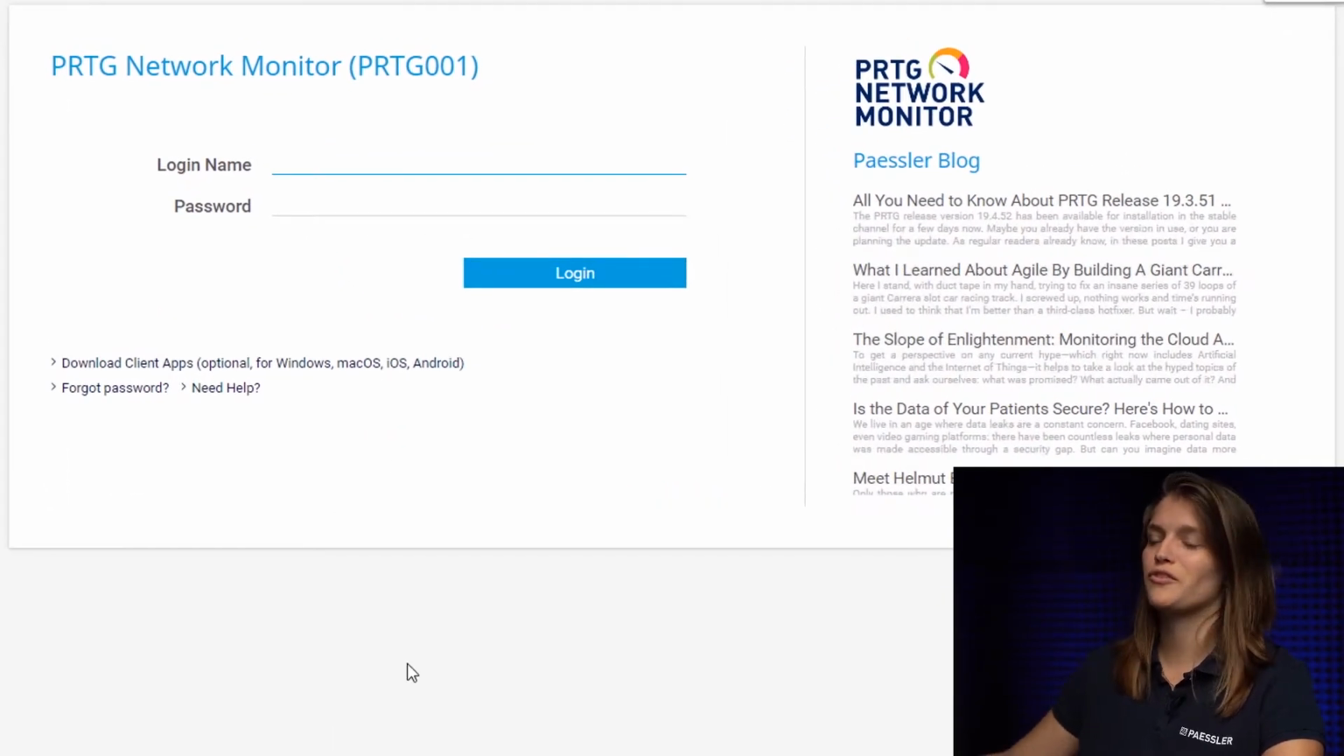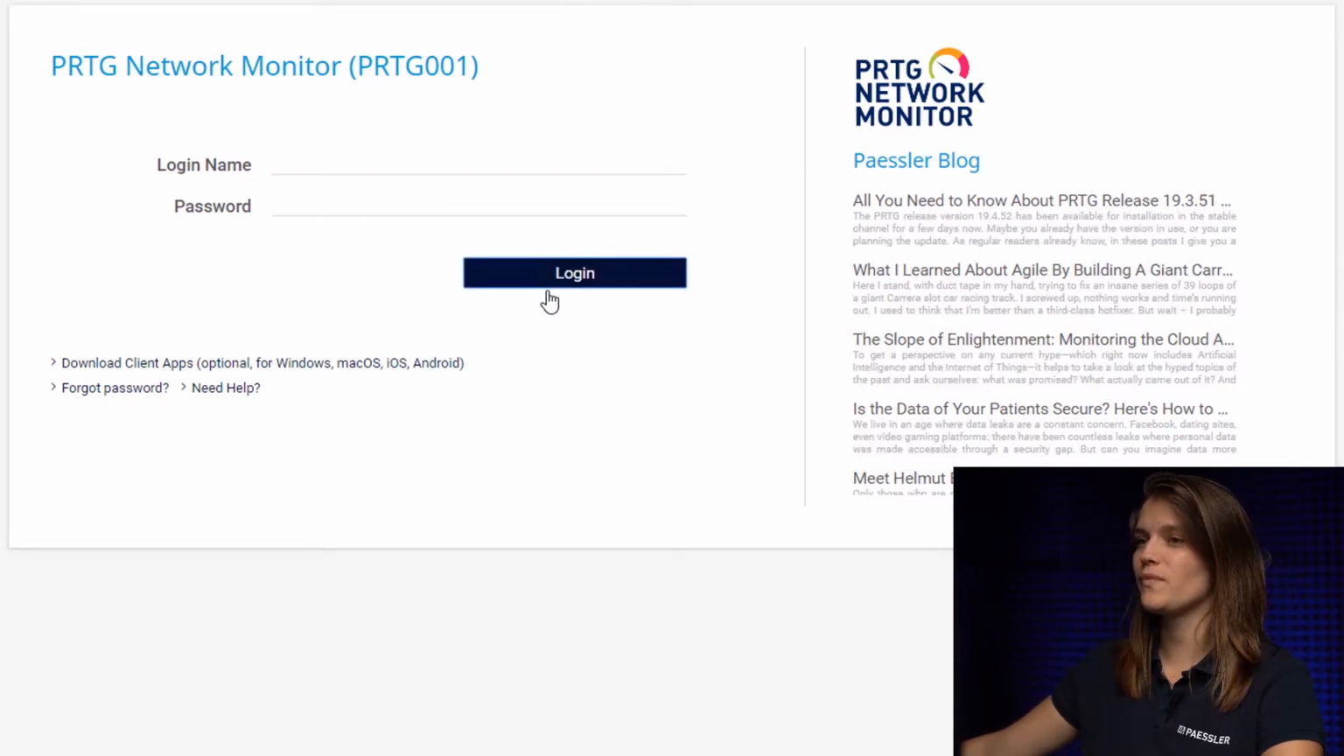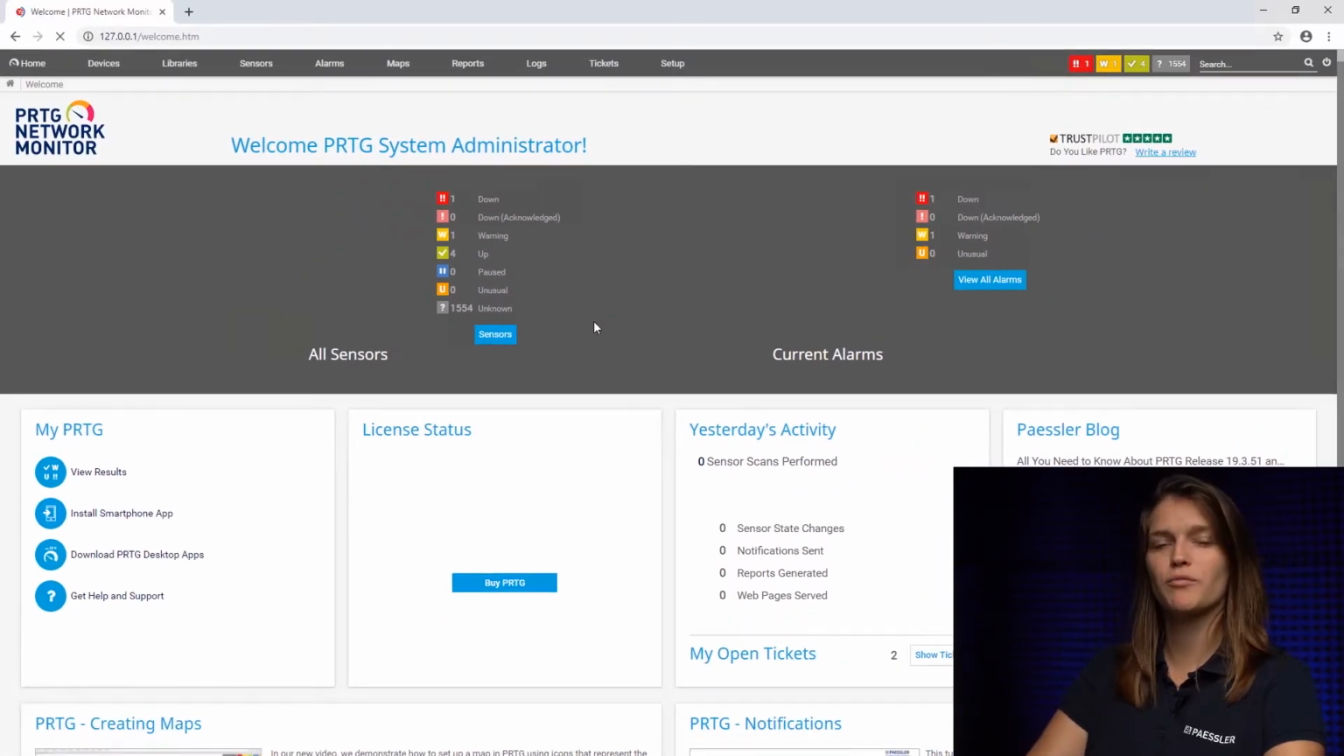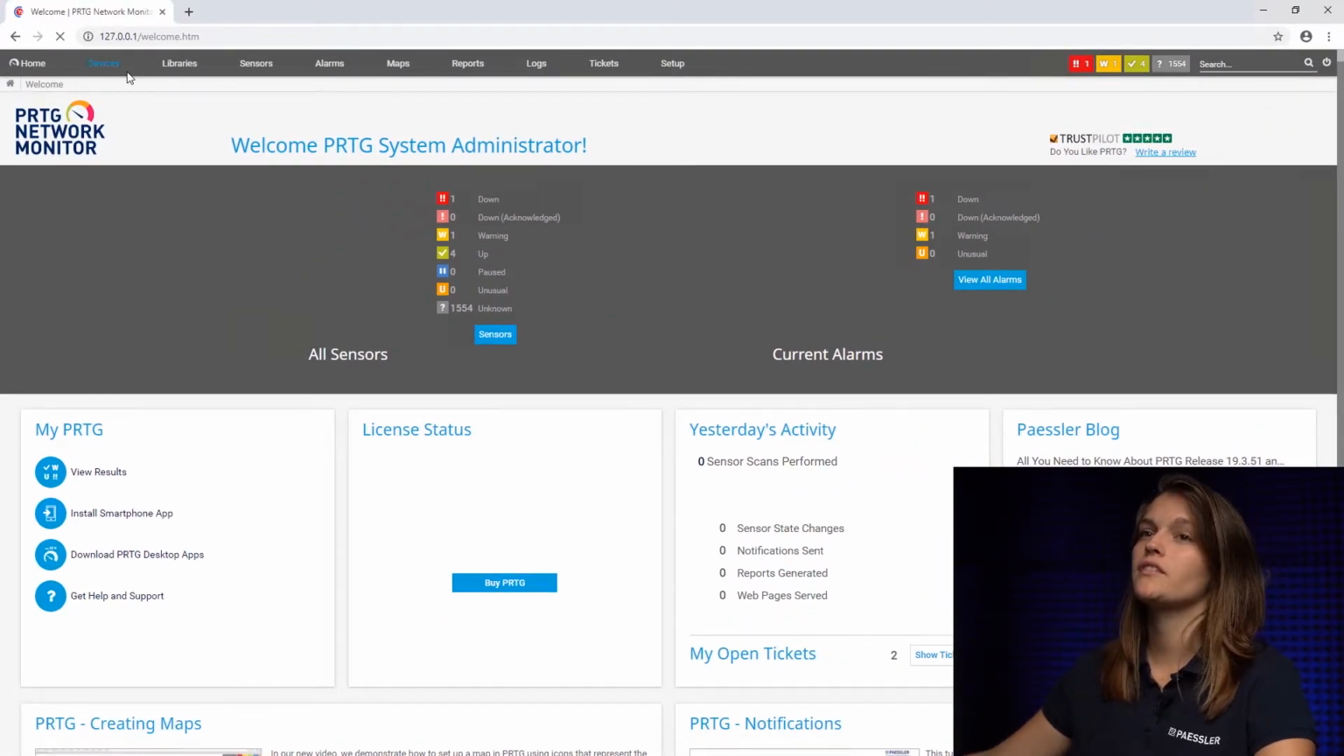And this is our first look at PRTG. Another recommendation here, first thing to do, change your password and your username. We're going to log in. And this is what PRTG looks like. As you can see now, if we navigate to device tree,